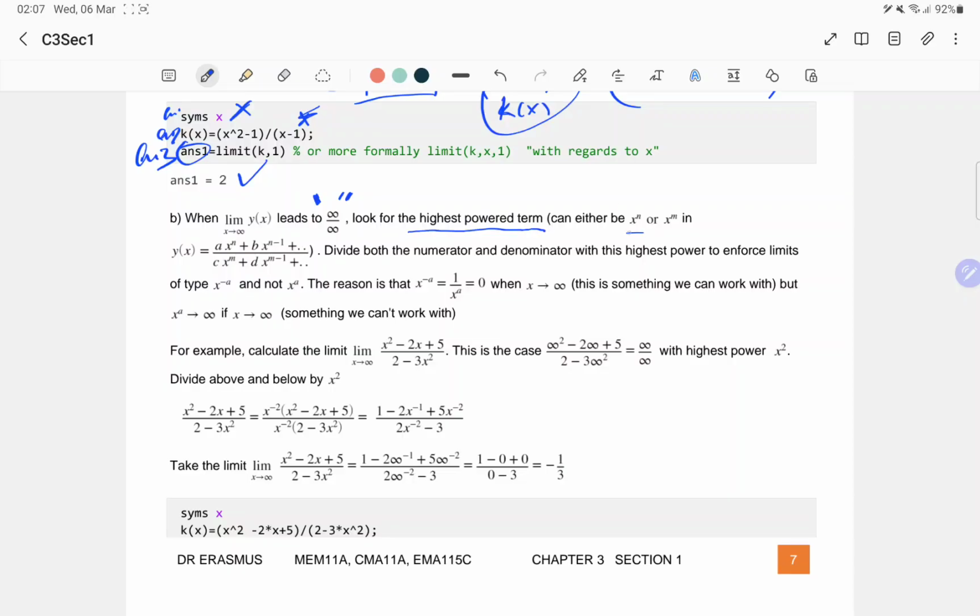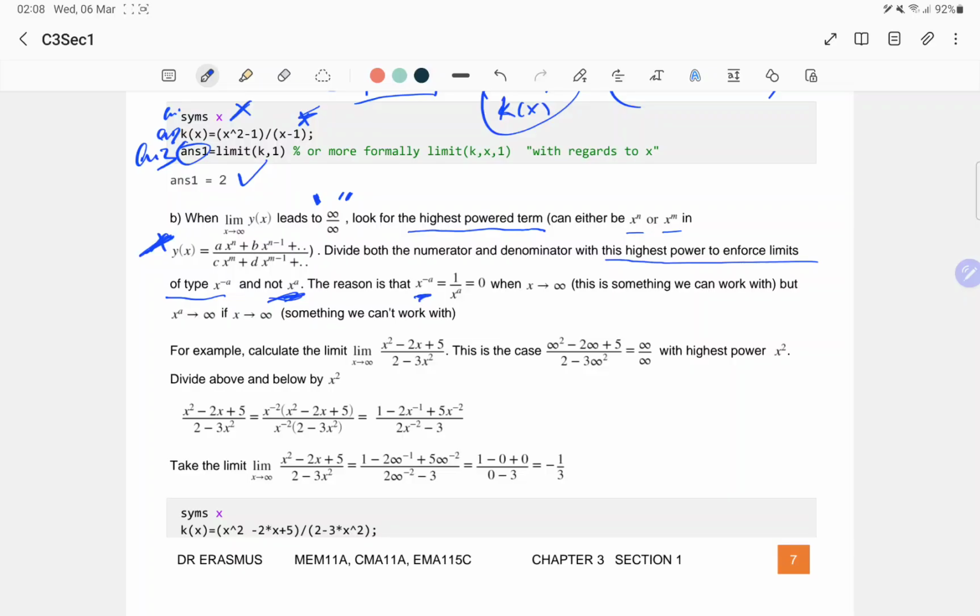It can be x to the power n in this rational function. So divide both the numerator and the denominator by this highest power to enforce limits of this type and not of this one. The reason is that